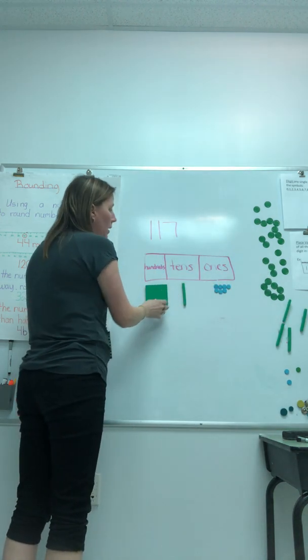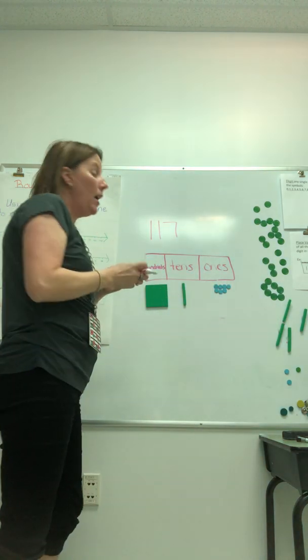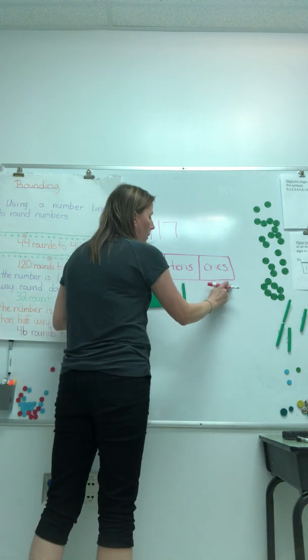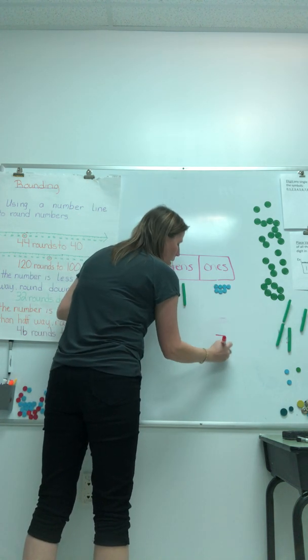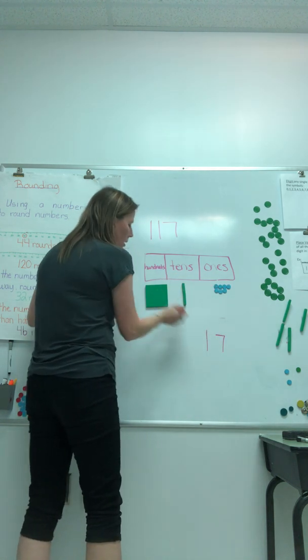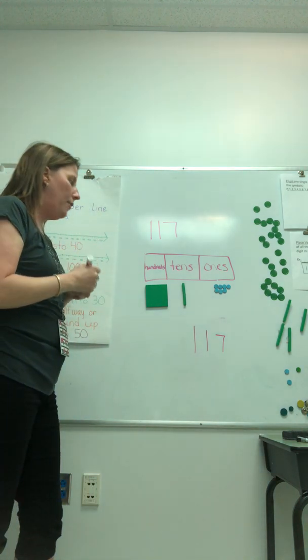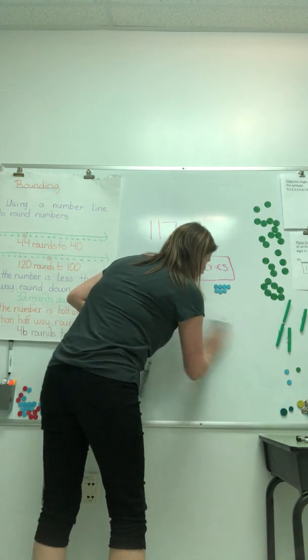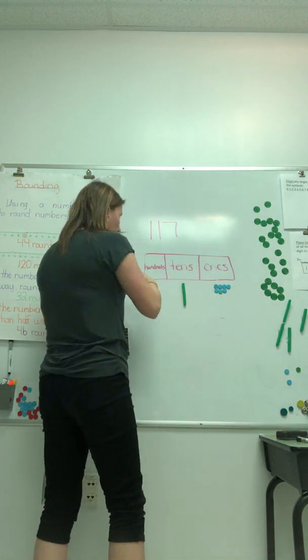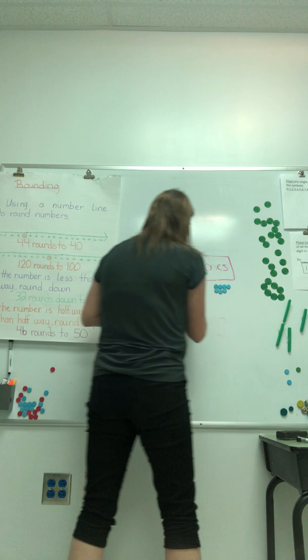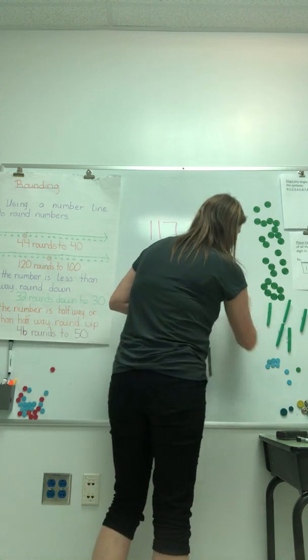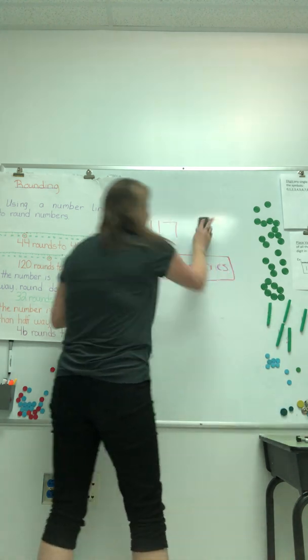And again, the same process, we can check our answer. So let's go ahead and take a look. So we have 1, 2, 3, 4, 5, 6, 7 ones, 1 ten, and 100, which gives me the number 117. All right, so with those ones, there's more place value, but the process is the same. So let's go ahead and take a look at another number. Let's look at the number